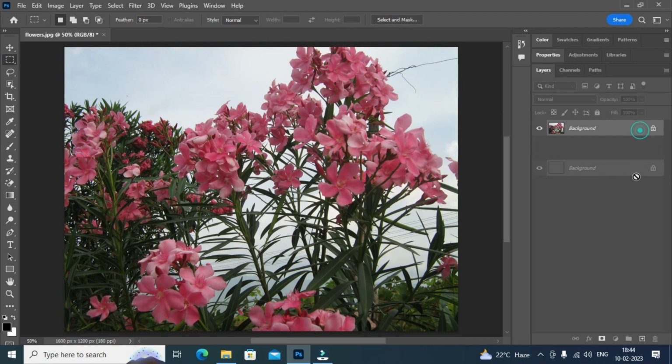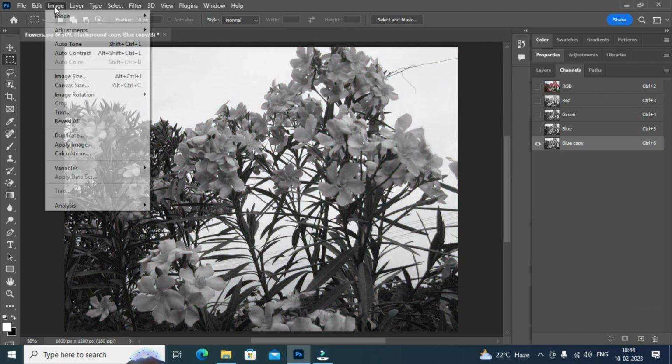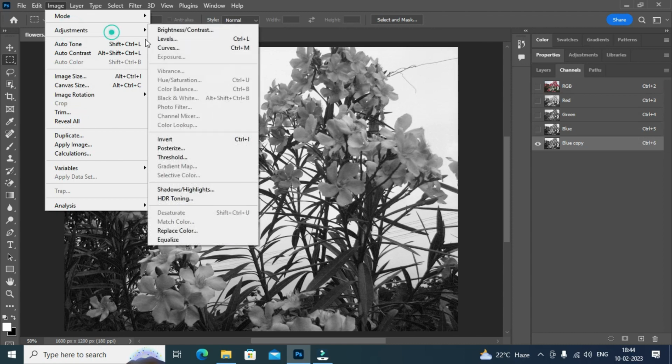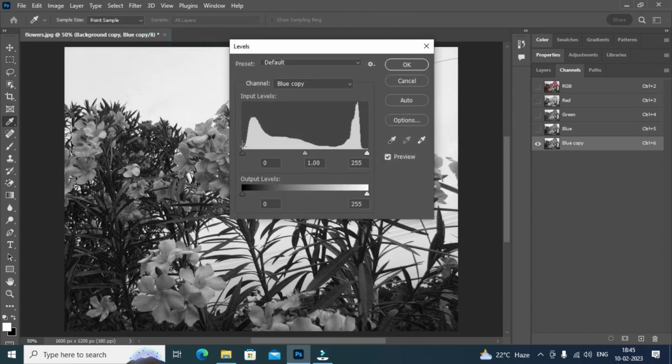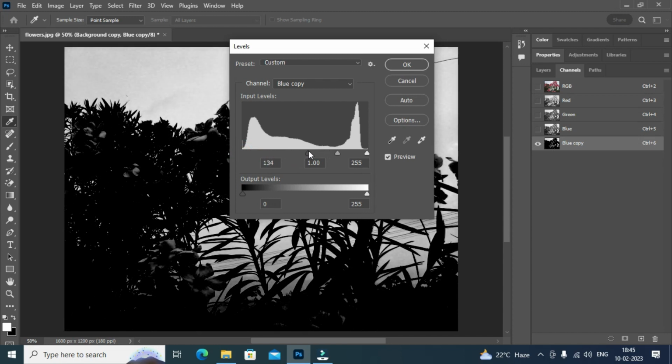First, select layer panel and duplicate the background layer. Then go to channels, select blue layer and duplicate it. And now select image menu, then adjustments, then select levels and adjust the levels as you can see